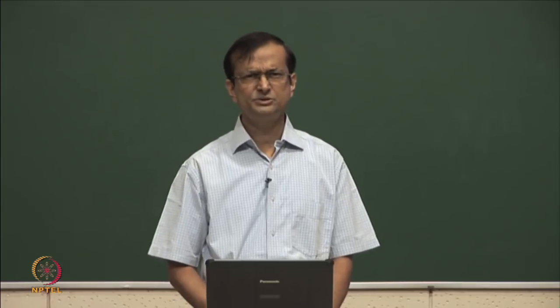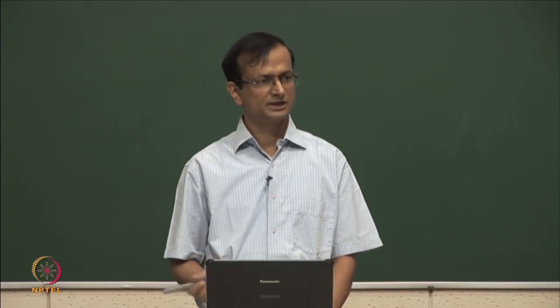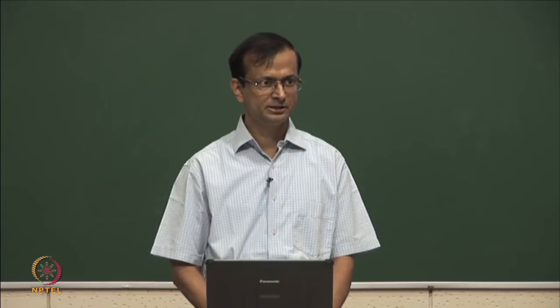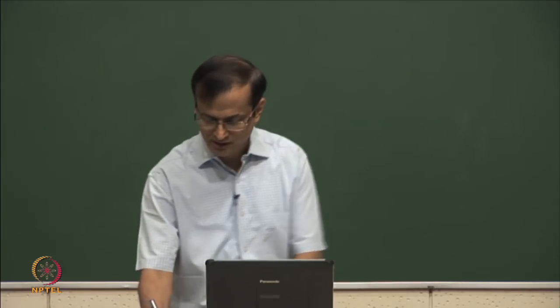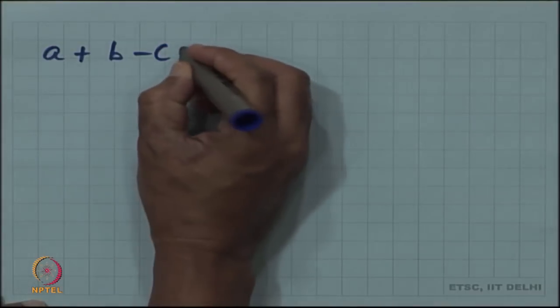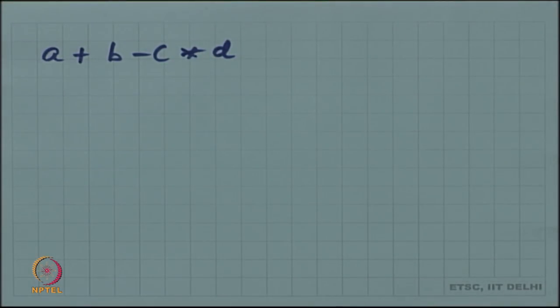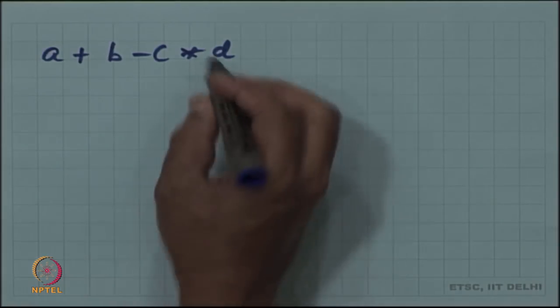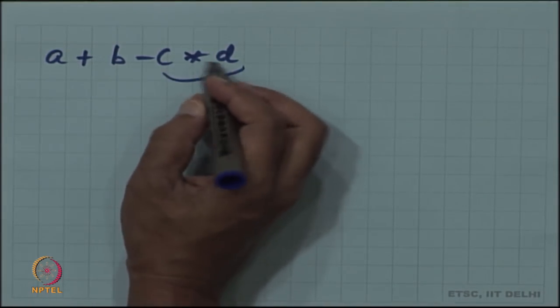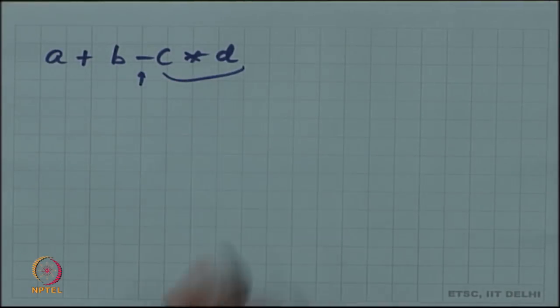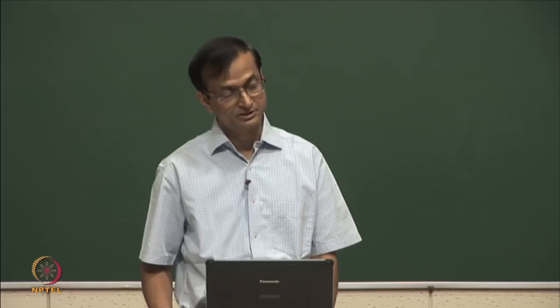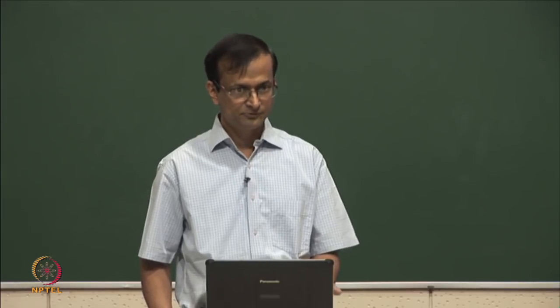Precedence of the operation, yeah, actually by the time you arrive at the graph, that has been taken care of. If you had A plus B minus C star D, what is a reasonable graph? Of course, it isn't as though there is only one graph that represents this, but the fact that this operation ought to occur, this has a higher precedence over this, is something that we did take into account when we formed the graph. The grammar of the language has been decided in that way, and therefore, the parse tree when